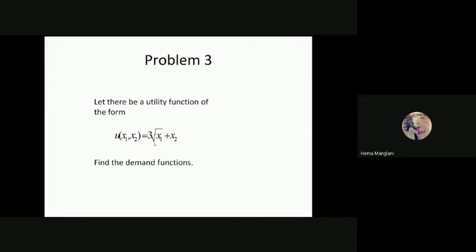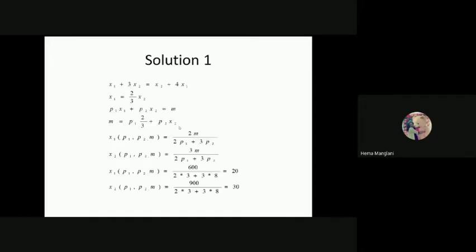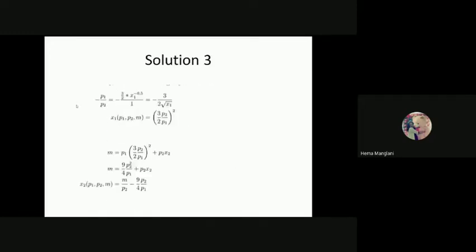So here we have this, plus x2. So x2 would be a function of x1, as we have already discussed. So what you will do is, m equals p1 x1 plus p2 x2, and then you find the value of this x2. This x2 value you will replace, and then you will maximize the utility. In the same way, you are maximizing only the commodity x1. So did you get this value?